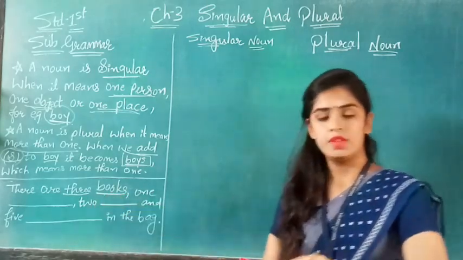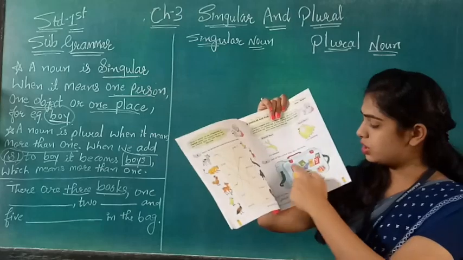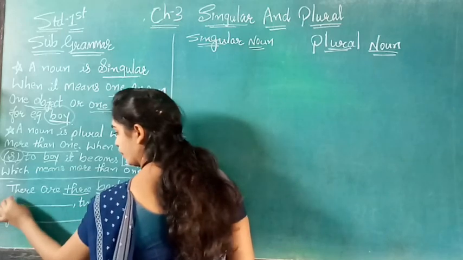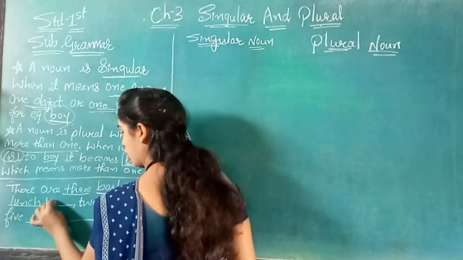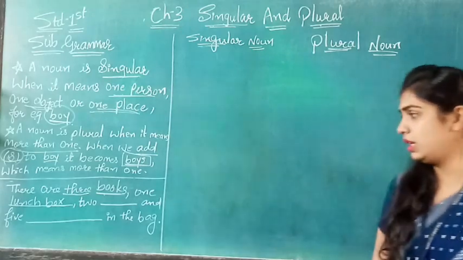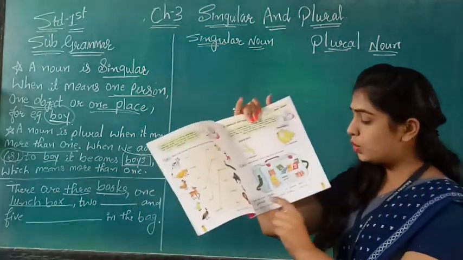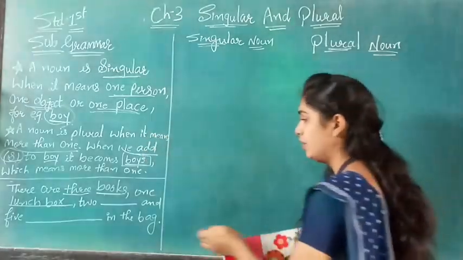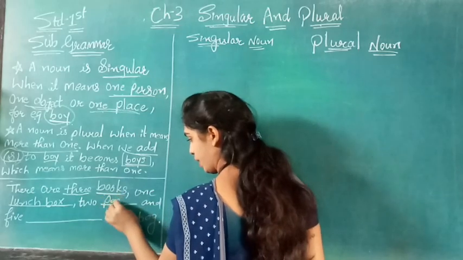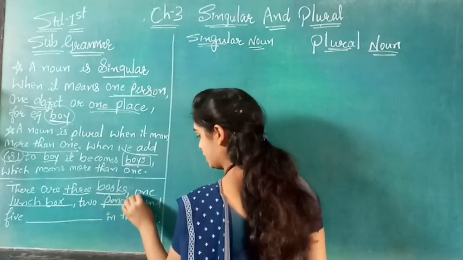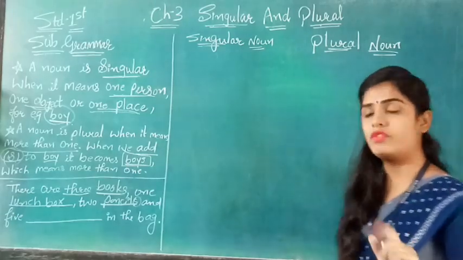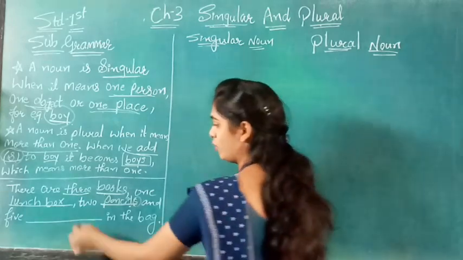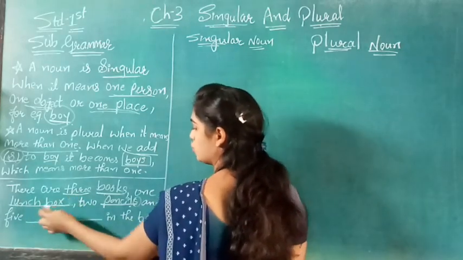Now 1 blank. So what is given here? What is 1 here, children? See in the school bag. It is a lunch box. So we will write here lunch box. Will you understand children what I am saying? Okay. Now see 2 blanks. So see here what is given? 1 and 2. 2 pencils. So we will write here pencils. Why have we added s here, children? Because they are more than one pencil. So we will write here pencils and lunch box is only one. So we have not added s here. It will be lunch box.